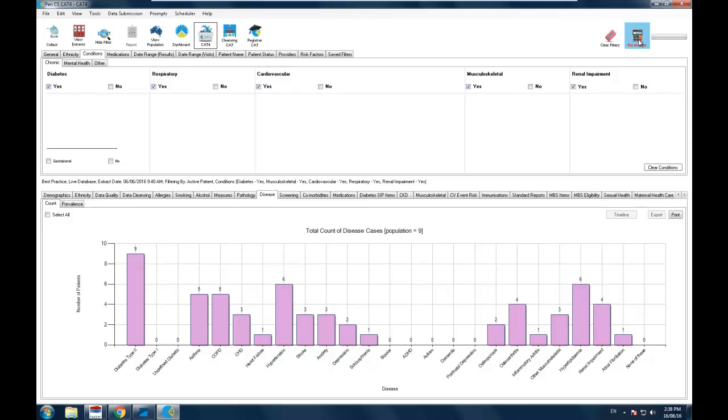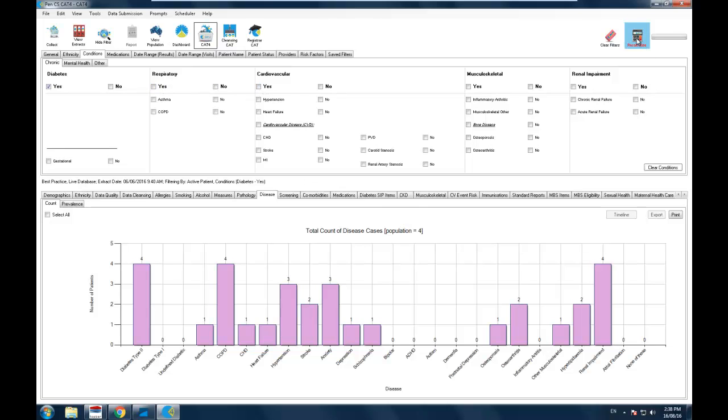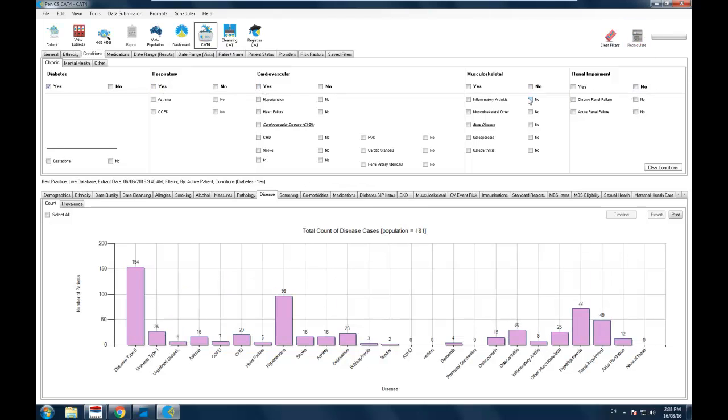If we add renal impairment, I don't know if we... So there's 4 people. Out of 8,334, only 4 patients have something out of all of these chronic problems. And so that's not probably what you were after. You might be interested in that, but yeah, most of the time that's not the right way to go about it. With the cardiovascular here,